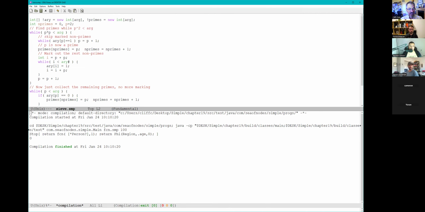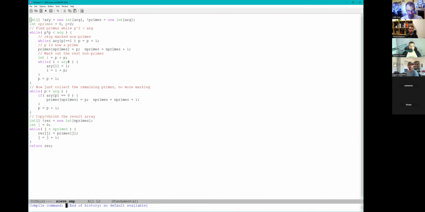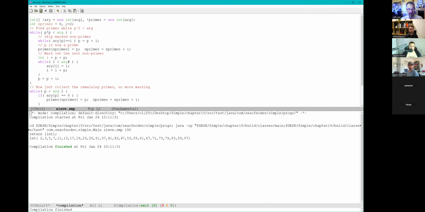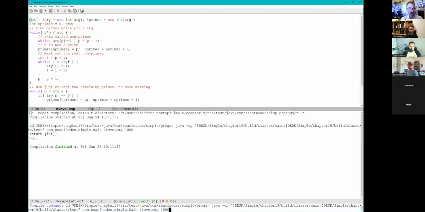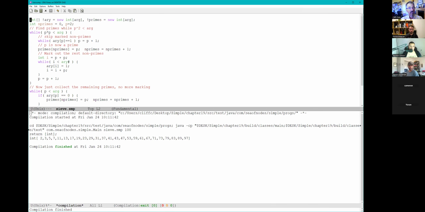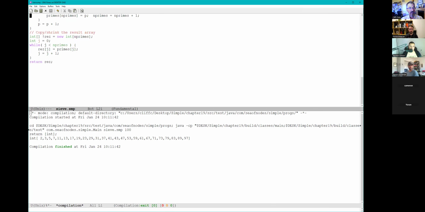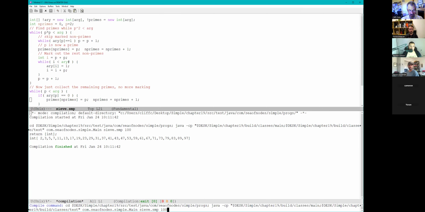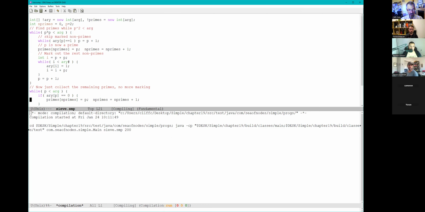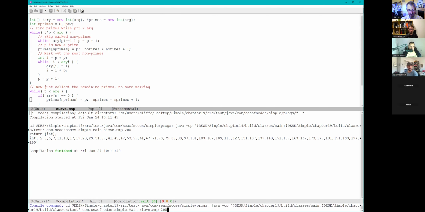Here's sieve of Eratosthenes in a file. And try again here because of Emacs, and there you go. So there's the first 100 primes here because we're glutton for punishment. Oh, I blew up because I didn't say... why did that blow up? Well, now we don't know why. I don't have any size limits in here that I know of. Unless there's something, look at this, there's 250, there's 200.